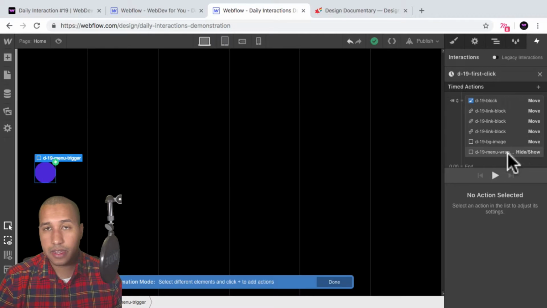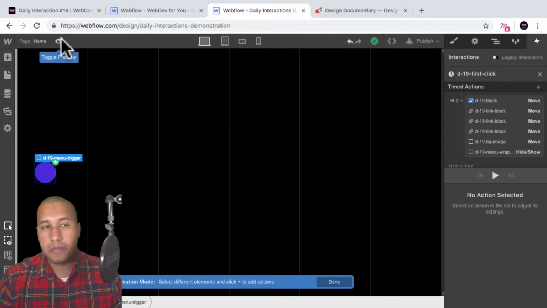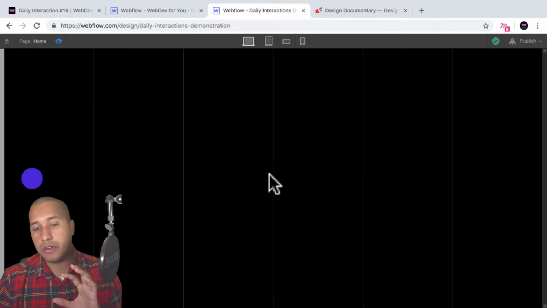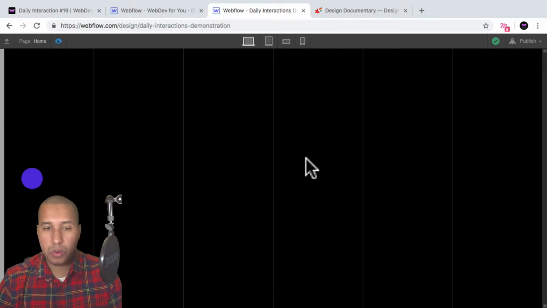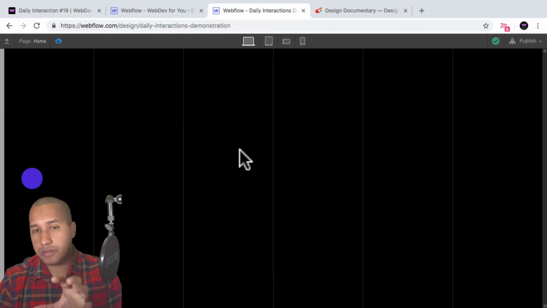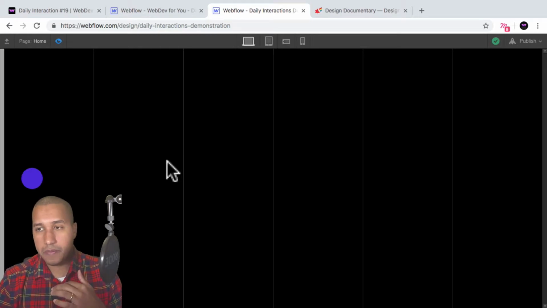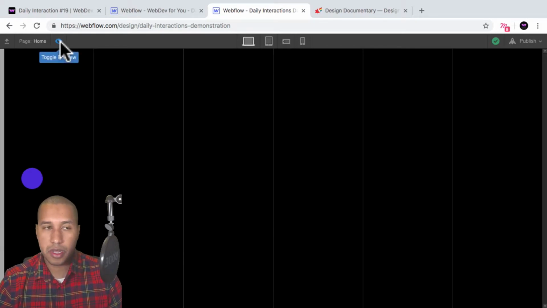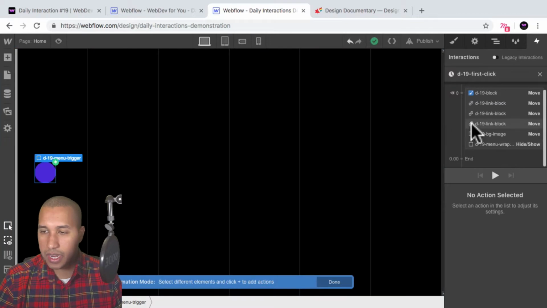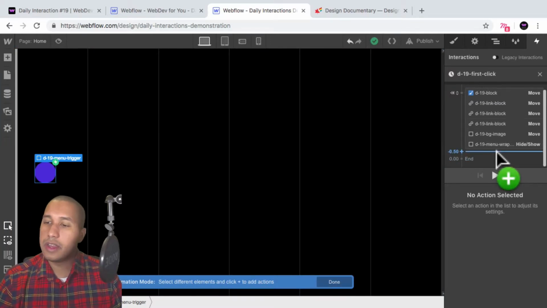So the reason we're hiding it here at the end is because even though the menu is hidden, if we had elements behind the menu, we wouldn't be able to select them because the menu is still in front. So even though elements inside of it are not visible, that menu is still blocking elements behind it. So by setting it to hide, the user can still interact with the elements on the site, but once the menu comes in, we'll have it show so that they'll be able to see the menu. All right. So now that we have all the initial states set up,